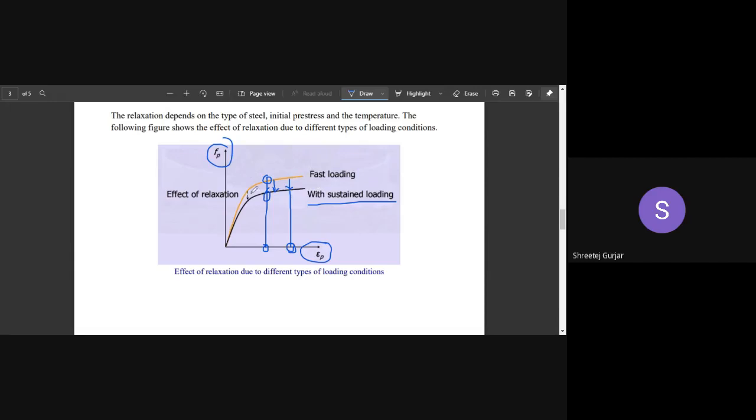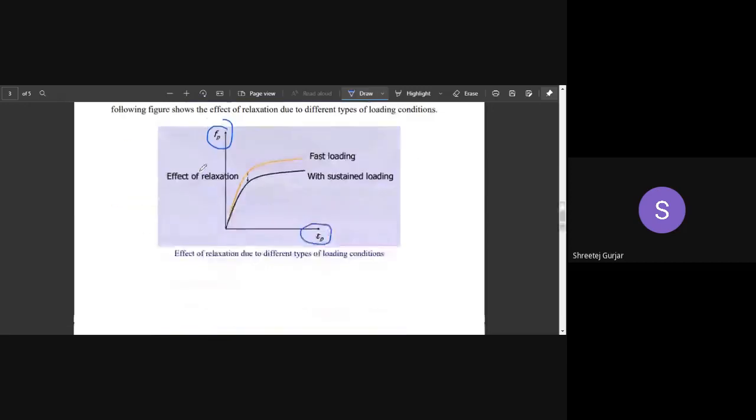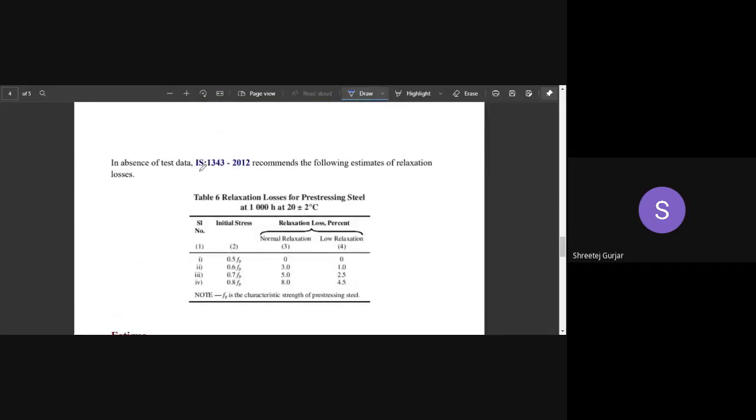This decrease in stress at a constant strain is due to the effect of relaxation. This is explained in our stress-strain curve over here. So this is about the relaxation of steel. In the absence of test data, whenever we do not have any test data, our code